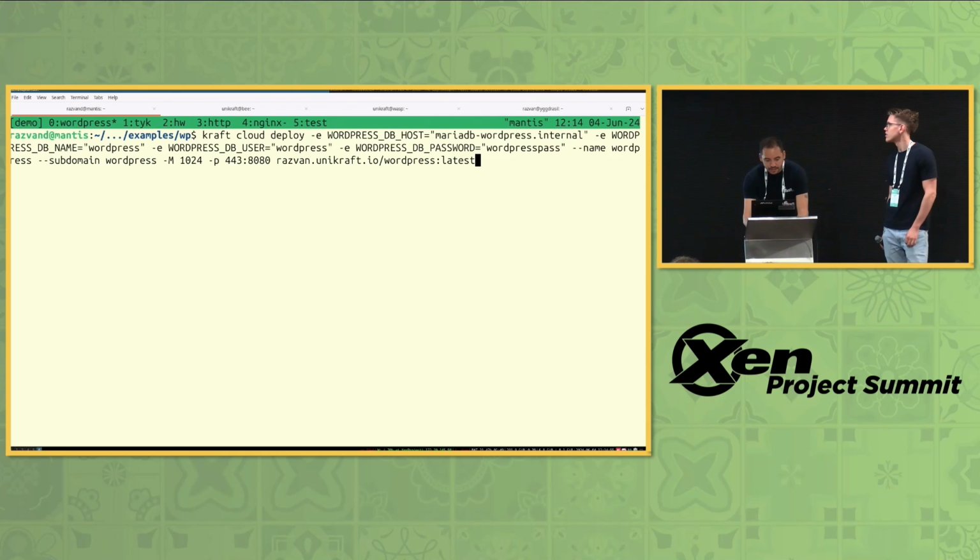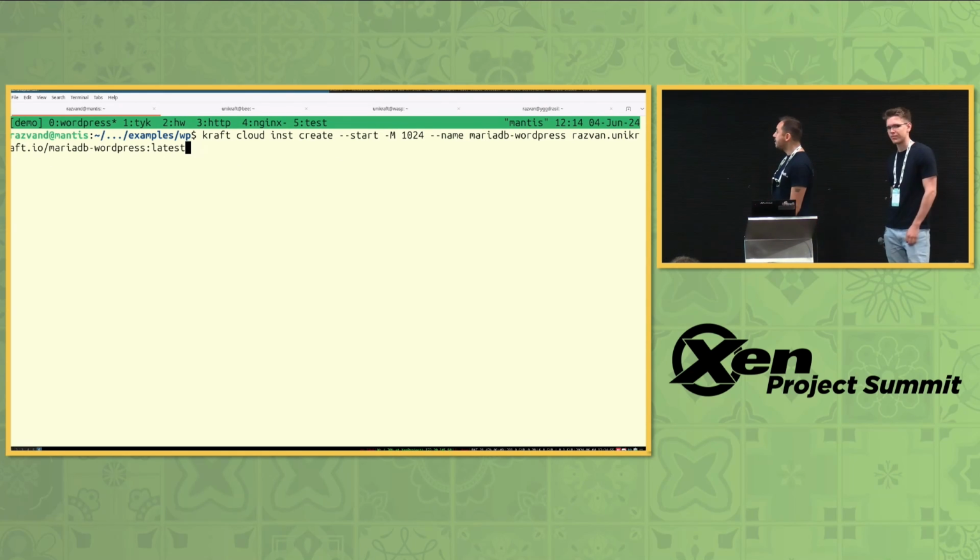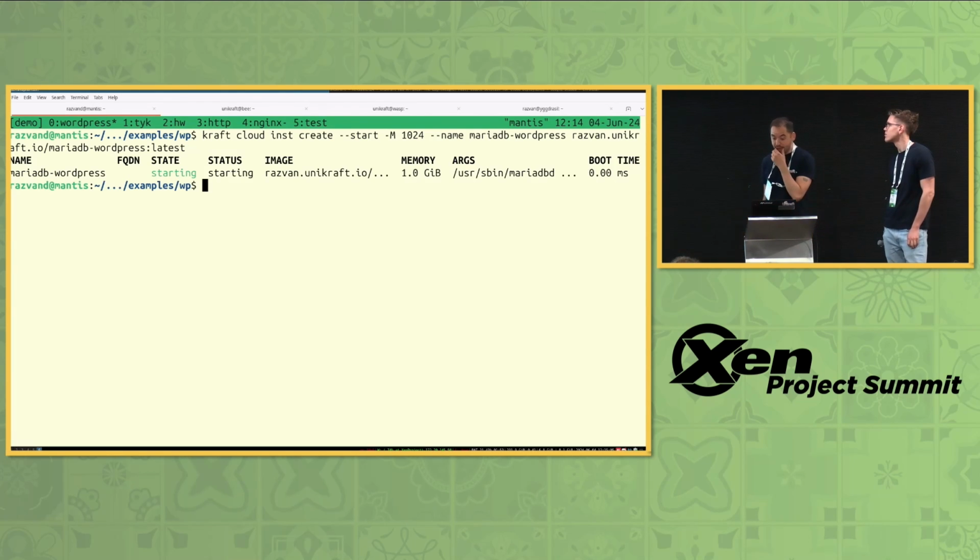This is a command that's going to start a MariaDB instance. Once this is running on Unikraft, so I have this instance, I run this command, and there it is. Boot time, there's also something I can do. I can use something like Kraft Cloud instance logs for